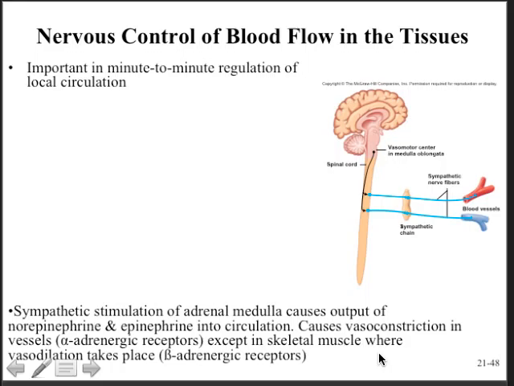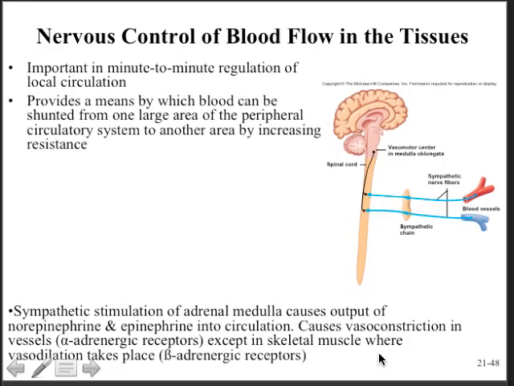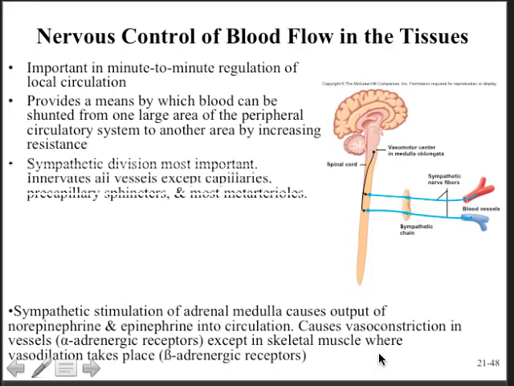So this is important in minute-to-minute regulation of local circulation. It provides a means by which blood can be shunted from one large area of the peripheral circulatory system to another by increasing resistance. The sympathetic division is the most important, and it innervates all vessels except for capillaries,